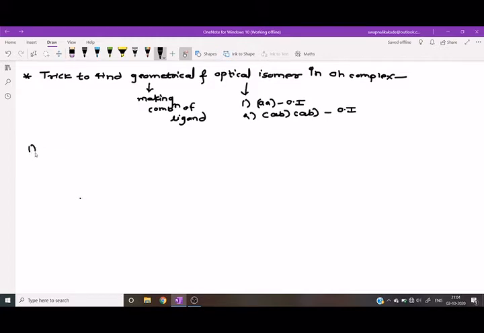Example is Ma6. First, make a combination for determination of geometrical isomer. Here only one combination is possible, therefore geometrical isomer is 0 and optical isomer is here. In this pair the ligand is the same, AA, therefore it is optically inactive, therefore optical isomer is 0.